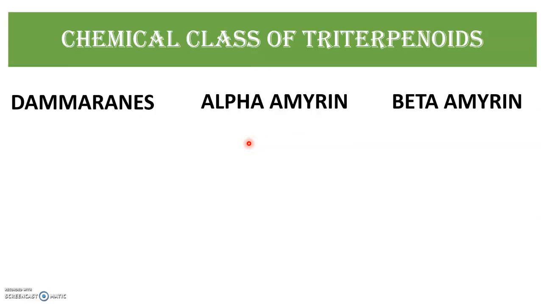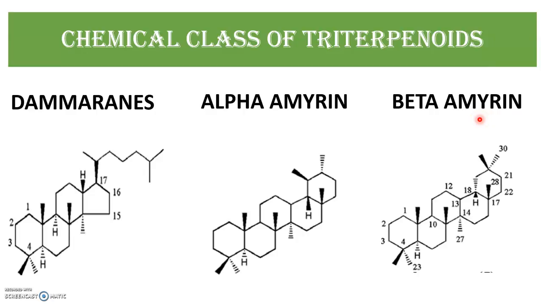We have three chemical classes, the damarines, the alpha-amyrins and the beta-amyrins. Look into the structure of this class. We have the damarines, which are the tetracyclic triterpenoids, whereas the alpha and the beta-amyrin, which are the pentacyclic triterpenoids. The difference between the alpha and the beta-amyrin is, in alpha-amyrin, we have the methyl groups at the